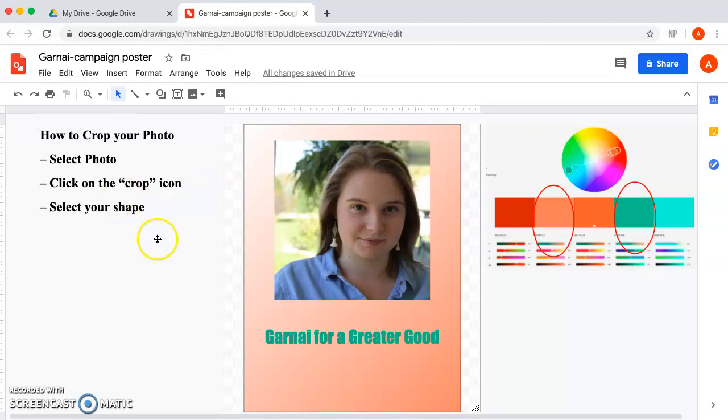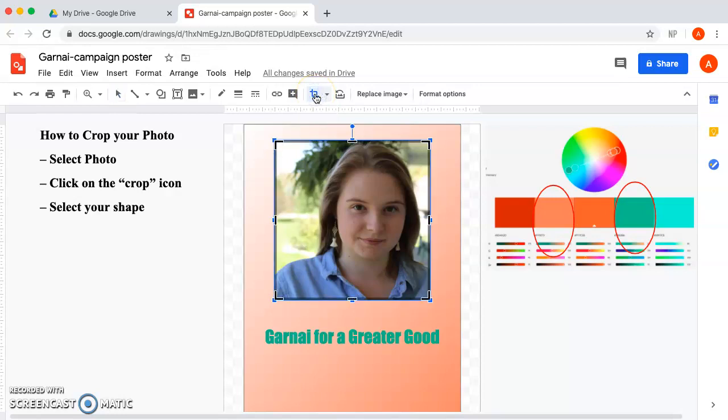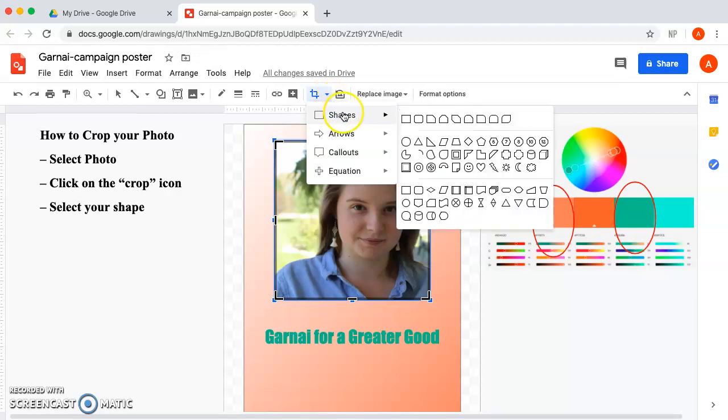The first thing you want to do is select your photo, and you can just do that by clicking on it. You know it will be selected by the blue box that shows up around it. And now I'm going to go up here to the crop image icon. Select that, and now a black or gray outline is going to happen around your photo. You're going to keep this on, slide your mouse over to mask image, hit that down arrow, go to shapes,